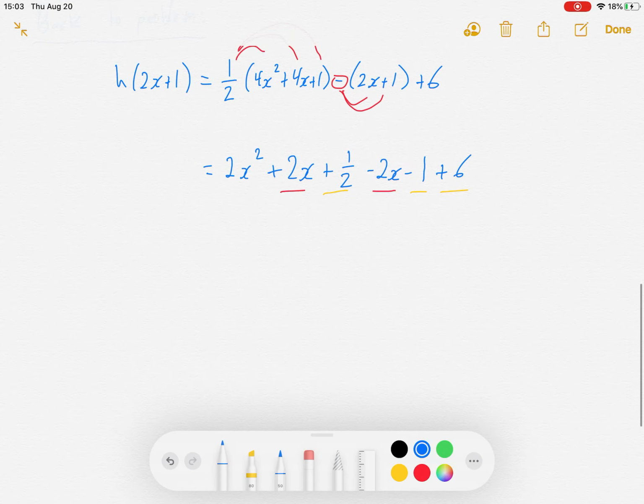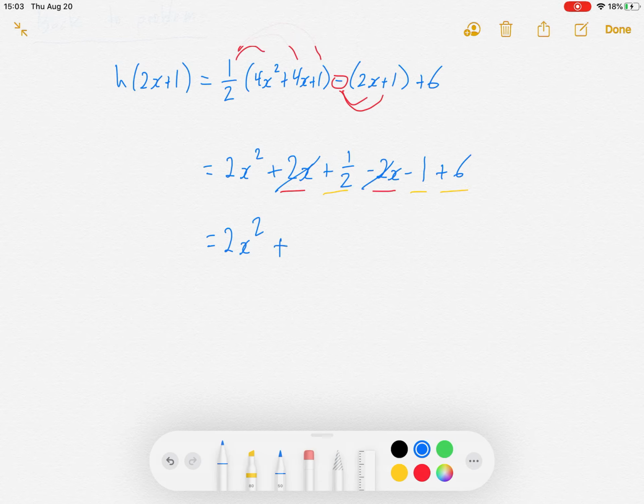So we're going to go ahead and combine all of those. Like I said, the 2x squared is on its own. It's good. 2x minus 2x. Ooh, those cancel. That's kind of nice. That's just 0x, so that's gone. And then 1/2 plus 6 minus 1 negative, so it's plus 5.5,